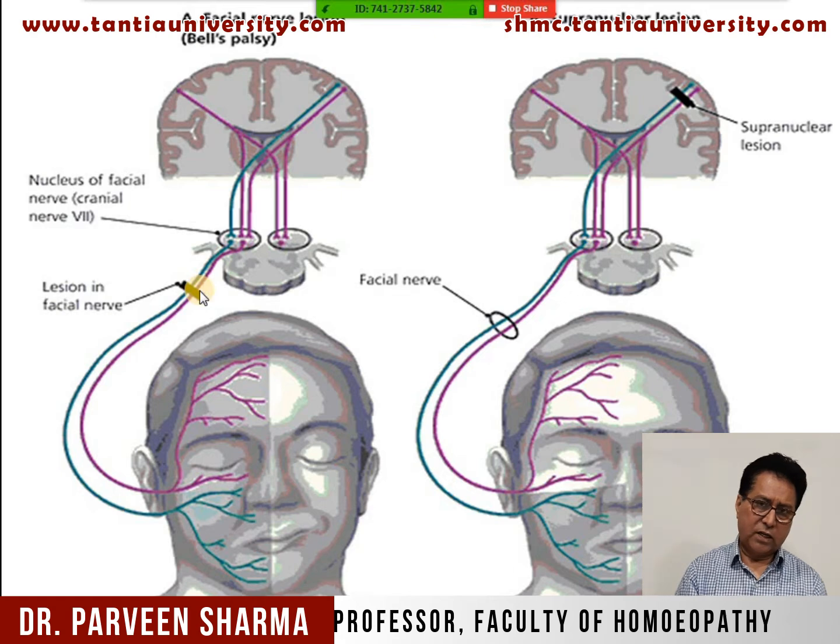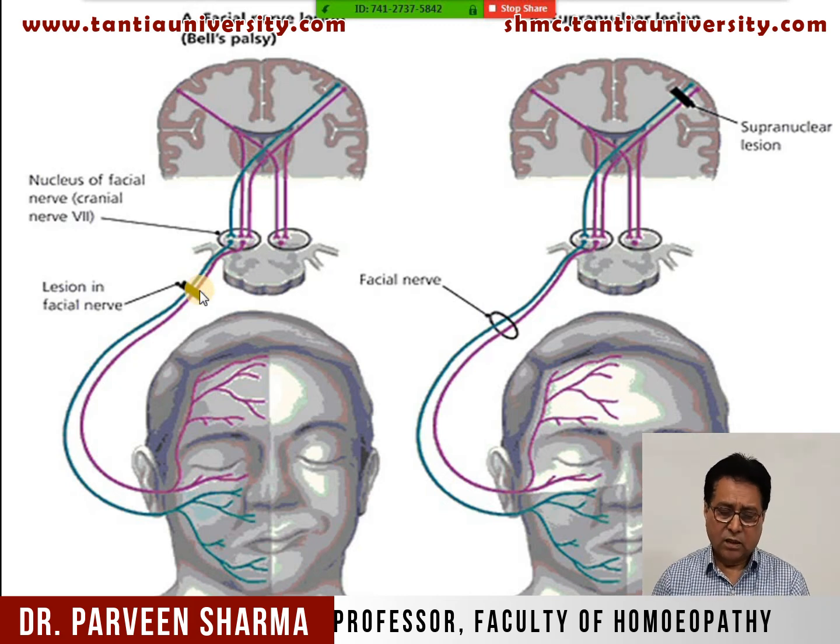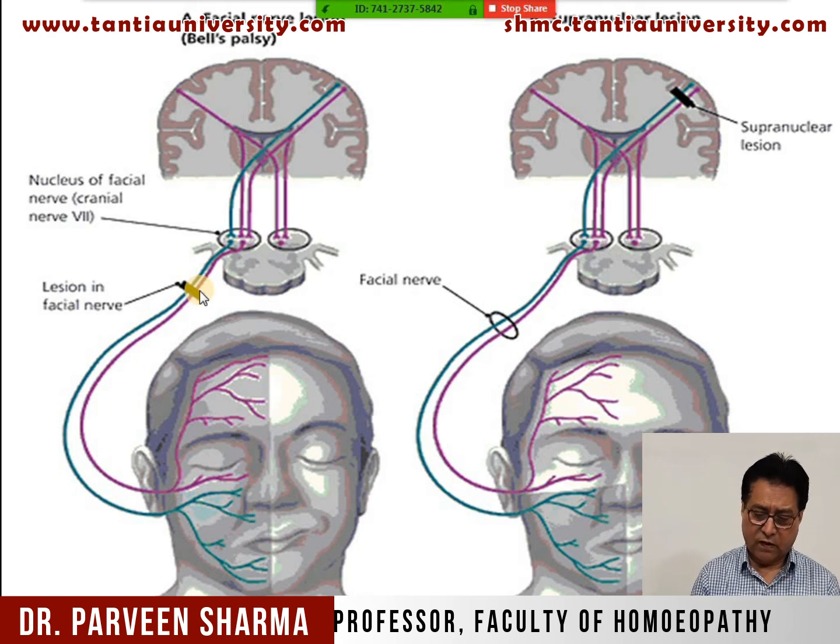In a supranuclear lesion, once again, the upper half of the face escapes from paralysis. You have to understand what paralysis means. Loss of function of the muscle is paralysis. The muscle function is contraction, and when the contraction is not there, that is paralysis. So here there is bilateral representation, ipsilateral and contralateral. Supply is there from the same side and from the opposite side. So this is the supranuclear and infranuclear lesion.